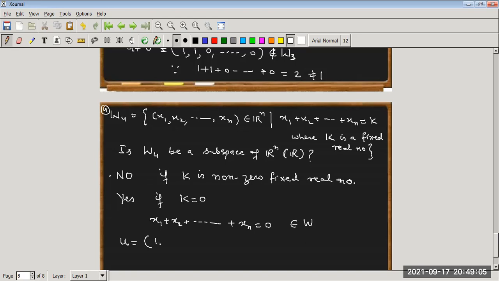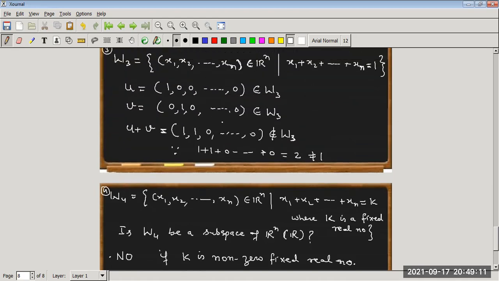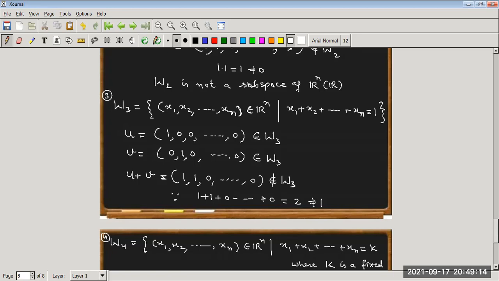In the second, yes, in this case, in the previous case, you can take the first observation, 0 0 belongs to this, and what is our zero vector? That is 0 0 0 0 0. If we add 0 0 0 0, is 0 0 0 in W3? No, because W3 contains elements whose sum should be 1, but their sum is 0. Even the first property fails. We can say the zero vector does not belong to W3, right?